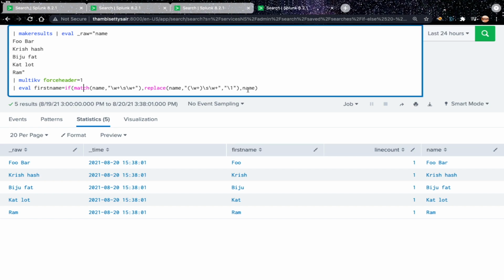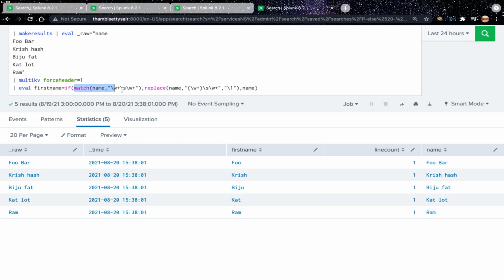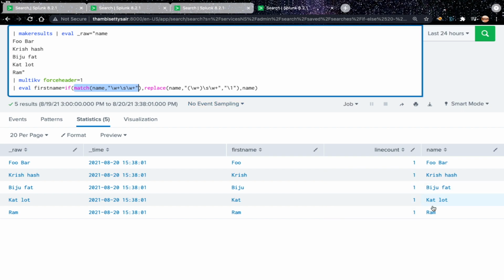Hence it will go for the false value. In place of the false value we use the field called name, which means when this value is not matched with this regex pattern, then just assign this name to the field called first name. That is the reason we are seeing the first name as wrong here.